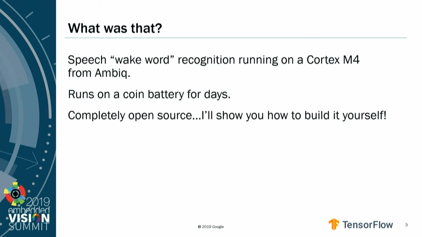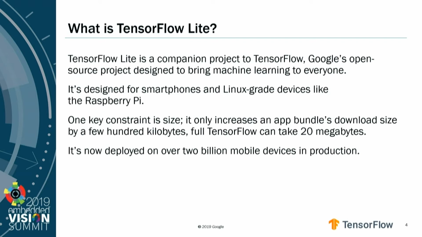So what was that? It's a wake word recognition example running on an ARM Cortex-M4 chip, in this case from Ambiq. Ambiq has a special process that lets us run that chip with just 1 or 2 milliwatts power usage, so it can run on a coin battery for days. This demo is completely open source, and for the rest of this talk I'm going to show you how to build it. Before I show you how to build it,